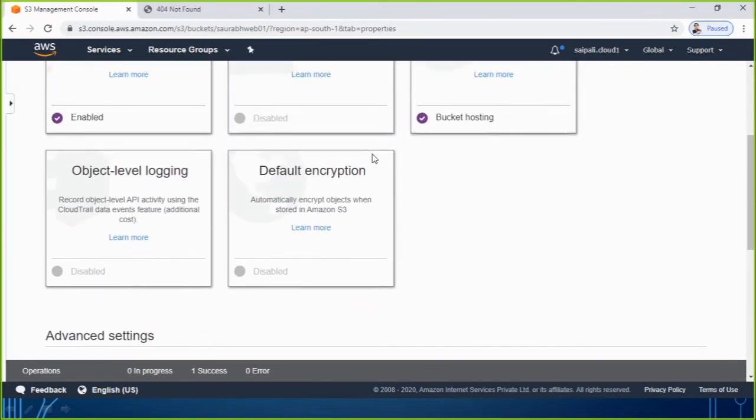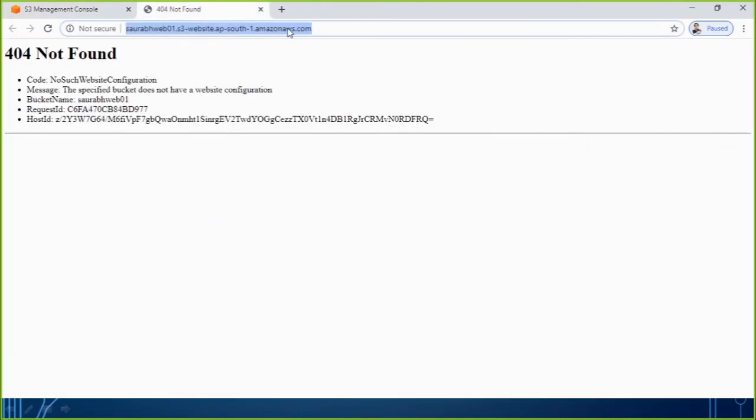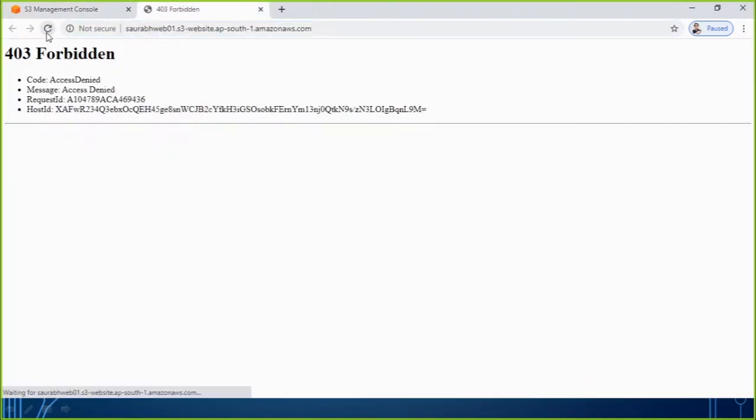So this way you are done with hosting a website on an S3 bucket. With the help of the S3 bucket, we are done with keeping our website there. But the problem is, if somebody types this URL and they refresh or try to access it, they do not have access because access is denied. Why is access denied?